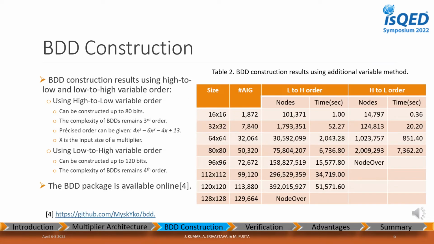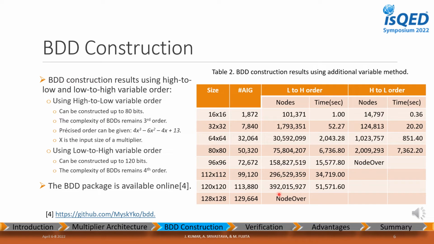Continuing the VDD construction, we applied the additional variable method to generate VDDs for array multiplier circuits. Table 2 shows the VDD construction results for array integer multiplier circuits. To construct the VDDs in the first experiment, we fixed the variable order as low to high, and in the second experiment, we fixed the variable order as high to low. In the given results, we can see that with the high to low variable ordering, our method was able to construct BDDs up to 80 bits, and using low to high variable ordering, our method was able to construct BDDs up